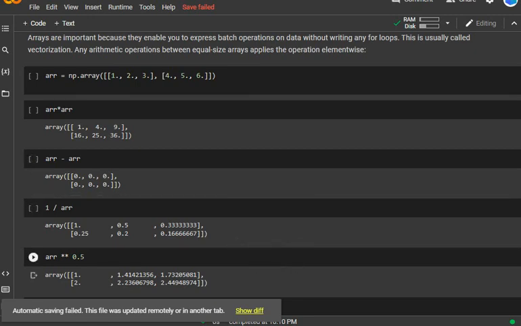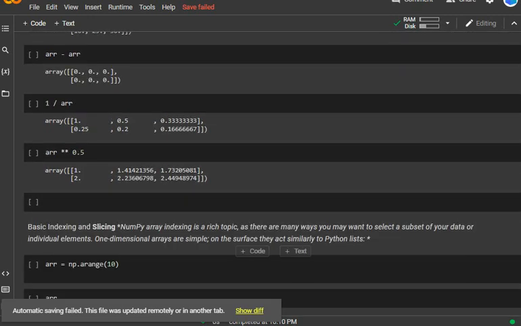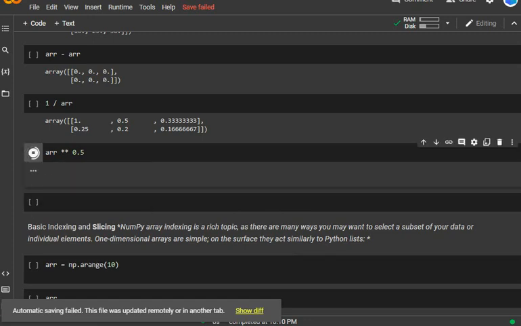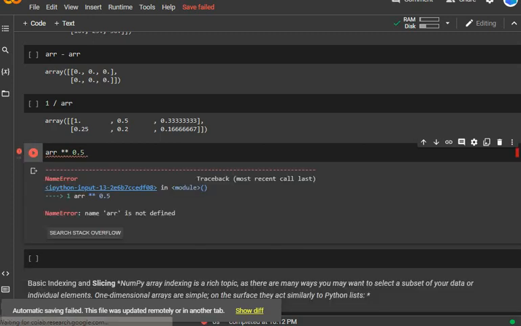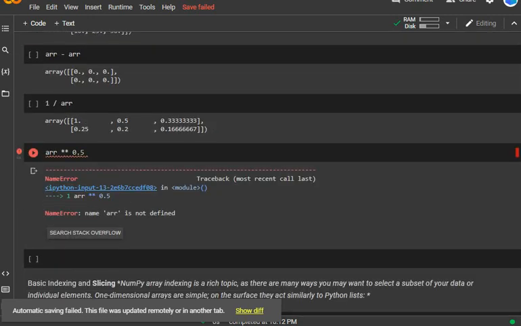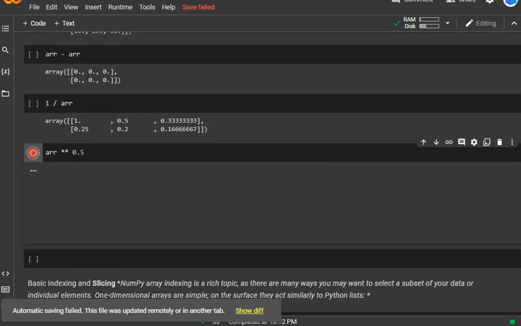Now if I multiply here, because here is the square, it can be multiplied by 0.5, meaning the array to the power 1 by 2, you can also say. So now it is doing it this way, because we need the array here. Where is the array? Right here.